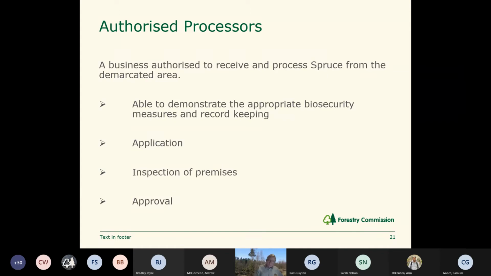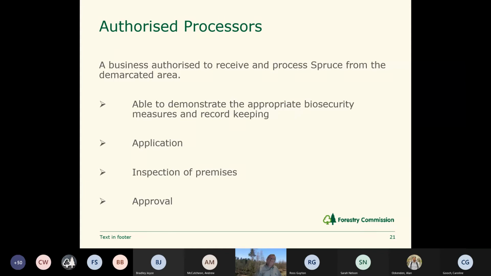Now, this is quite important in terms of both how we manage the infestation, how we manage the ongoing control of movement of material, but it also has some impact in terms of the readiness for landowners to move material to market, because there is an element of additional bureaucracy and there's some inevitable controls that we have at the processors,